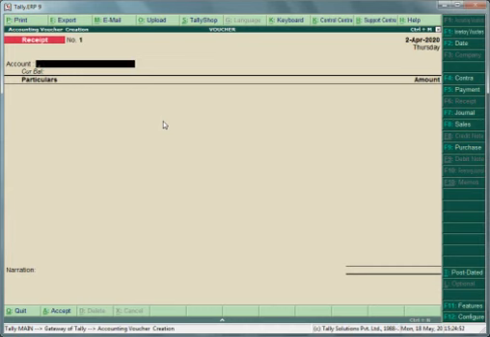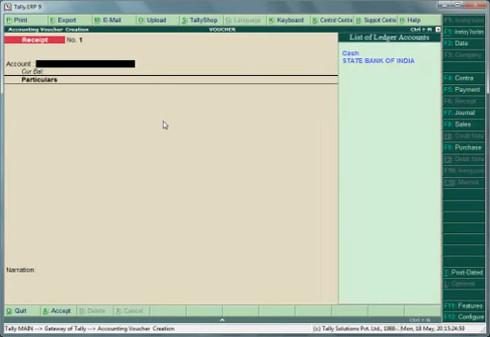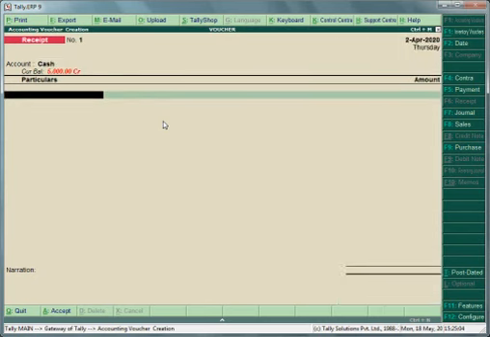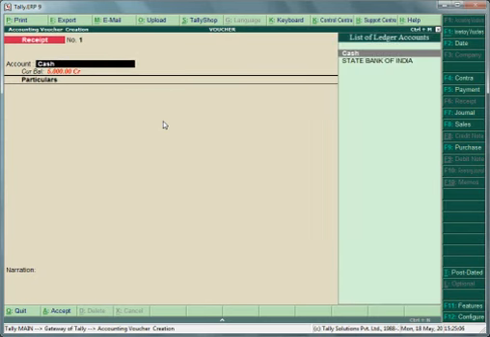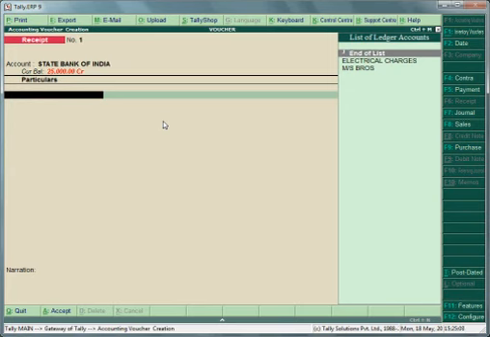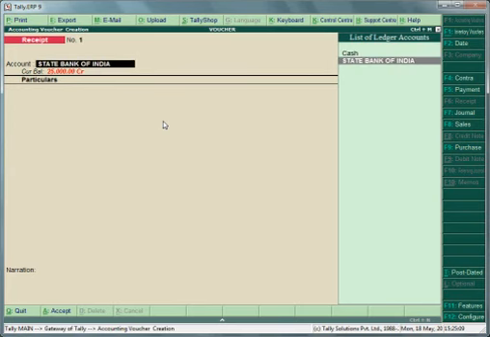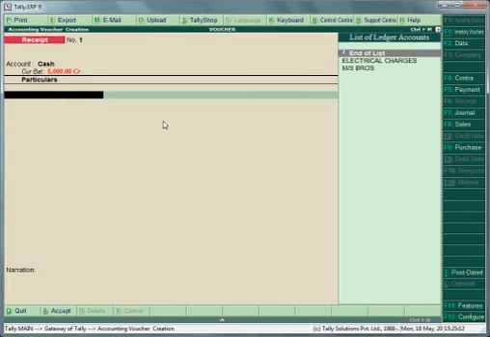So we select account, say we received by cash. So we select account here, cash. If we received cash by bank, then we have to select bank. Now we select cash.